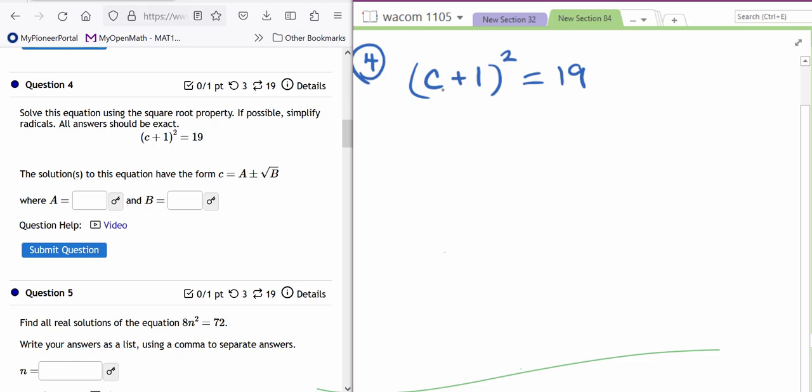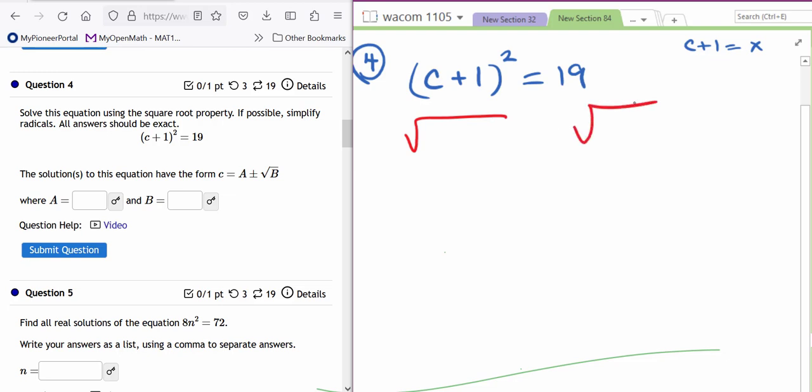You don't want to write this twice and do FOIL and go through all of a different method. That's way too much work. This is a nice short one. Take the square root of both sides. C plus 1, think of it as x. All right, so you're doing the whole thing. That's an x. Take the square root of both sides, and I'll write the step since it looks a little